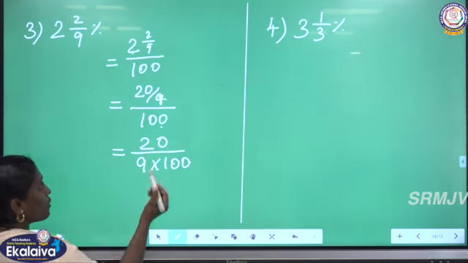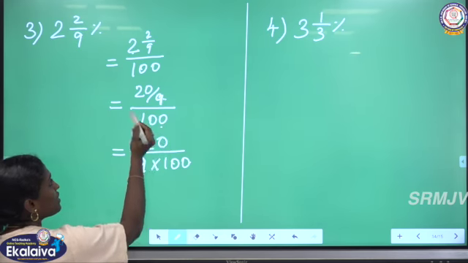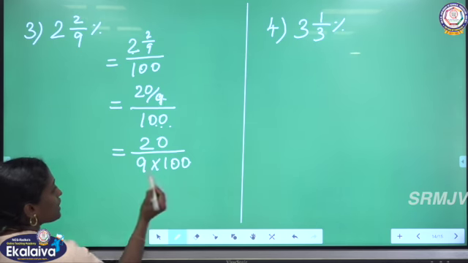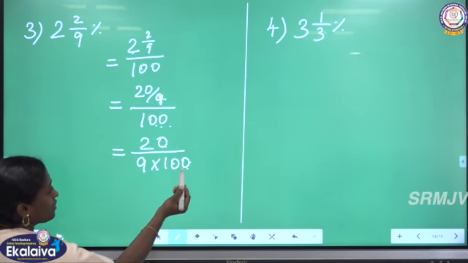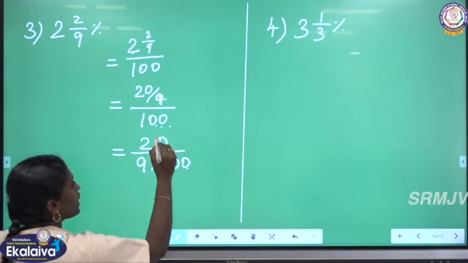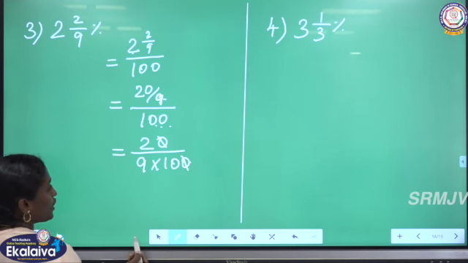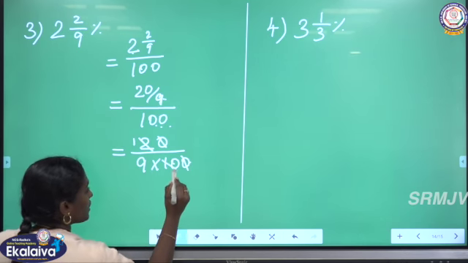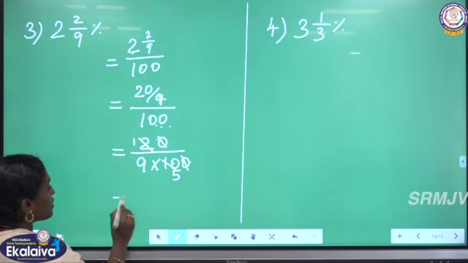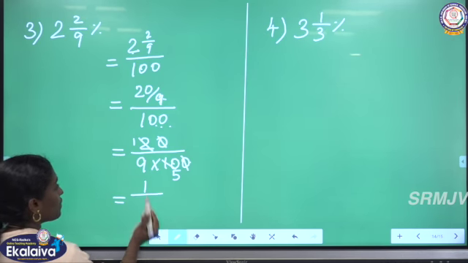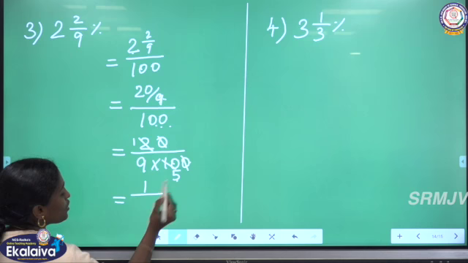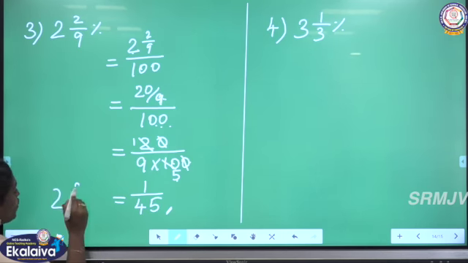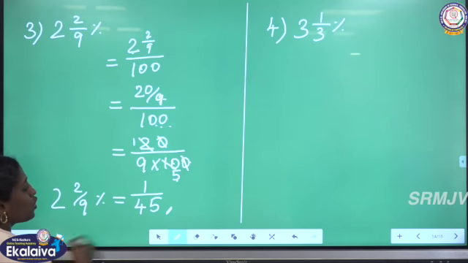Okay, here we are having two denominators. In the numerator, one denominator is there. As a whole, we are having another denominator. So we have to multiply the numbers which are in denominators. So we will get 20 by 9 into 100. Now we can reduce the numbers. Okay, 10 10. In 2 table we can reduce the numbers 2 and 10, 5 times. Now no other possibilities. So in numerator we are having 1. In denominator 9 into 5. So 9 5s are 45. So 1 by 45 is the answer. 2 by 9 percentage is equal to 1 by 45.